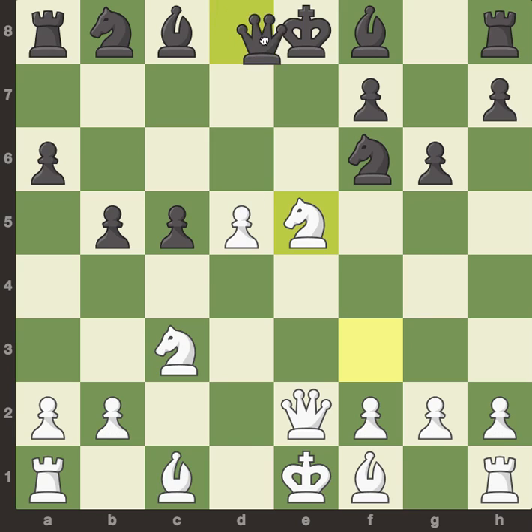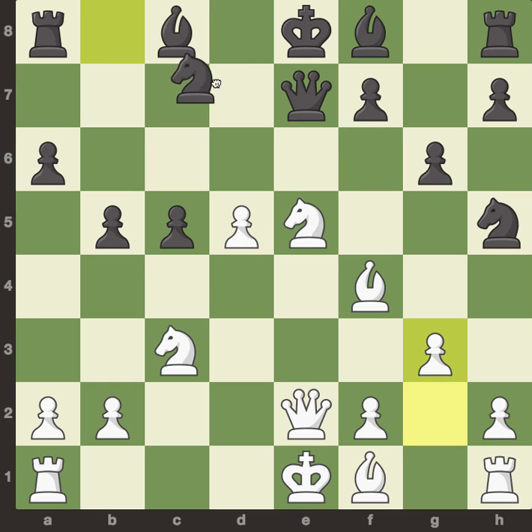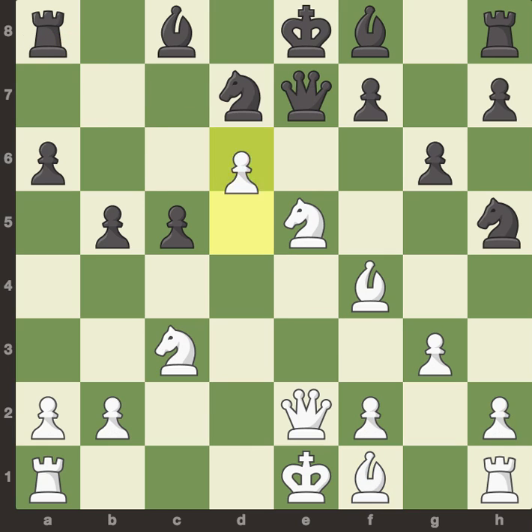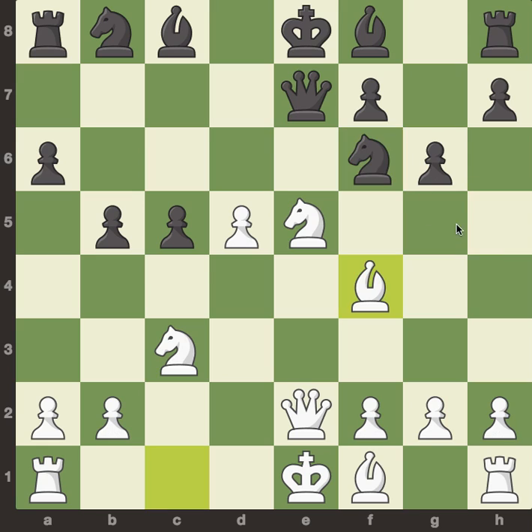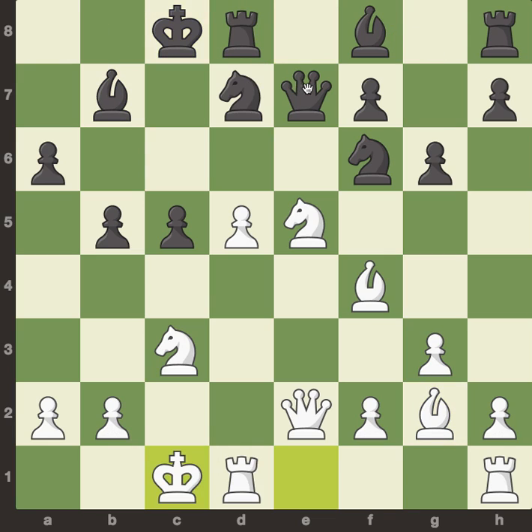For example, if you try and go queen e7, there's simply bishop f4. If something like knight h5, there's g3, and you're going to take advantage of the g2, a8 diagonal, and this light squared bishop is just extremely strong here. But usually knight d7 is played, in which similarly you'll go g3, and after bishop b7, bishop g2, queenside castle,